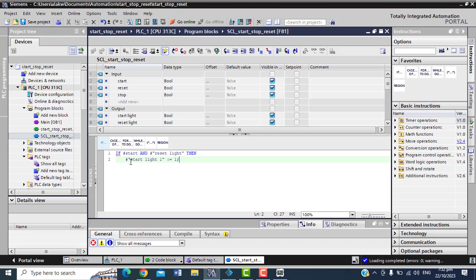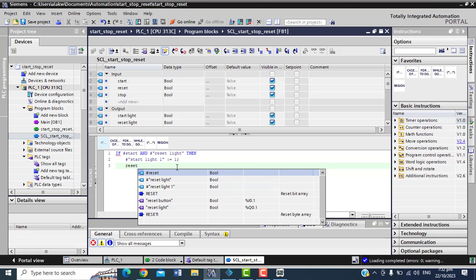So the start light 1 now actually passes the value of 1 to it. And I know you will retain this value. You will not give it out. The guy is stingy as far as you don't call him a static variable. So the next thing I want is to call reset light,